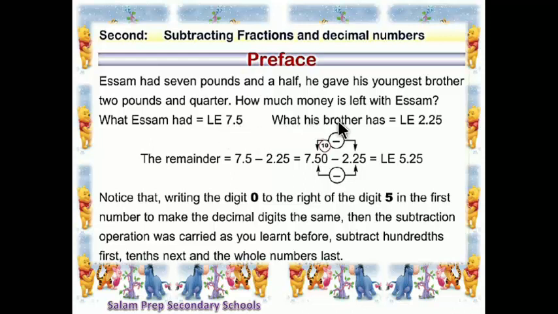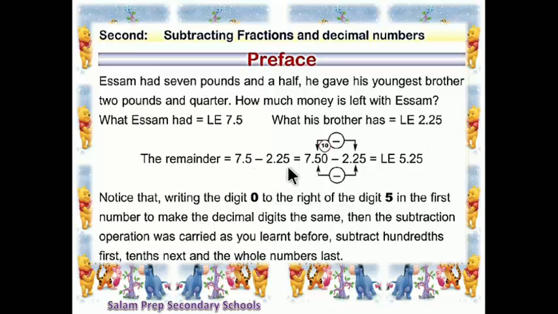What his brother has, 2 pounds and a quarter, means 2.25 pounds. 2 pounds and 25 piastres. The remainder equals 7.5 minus